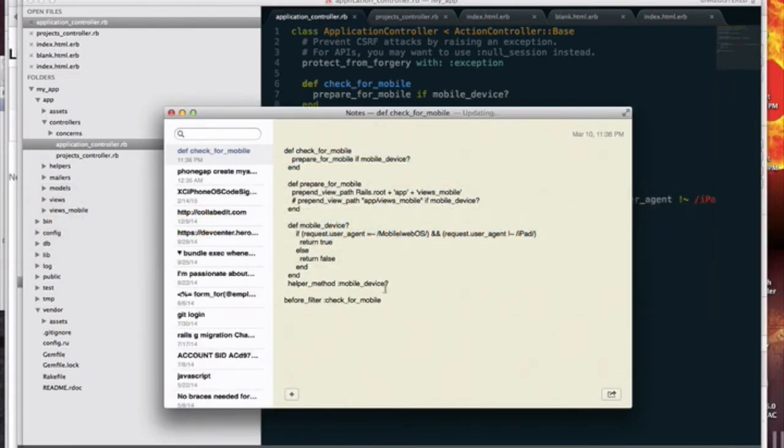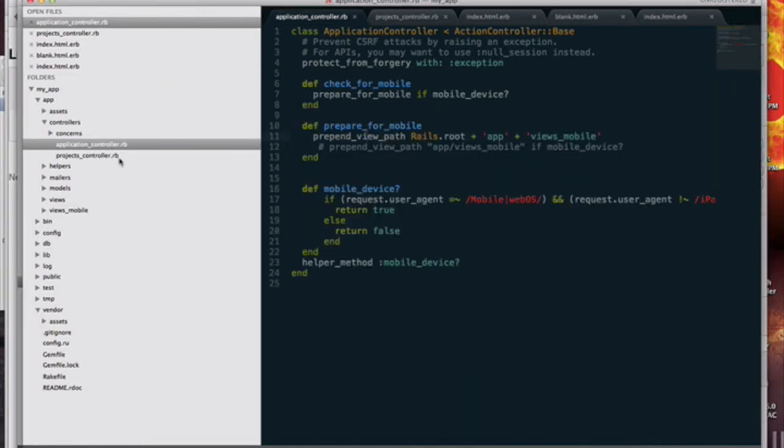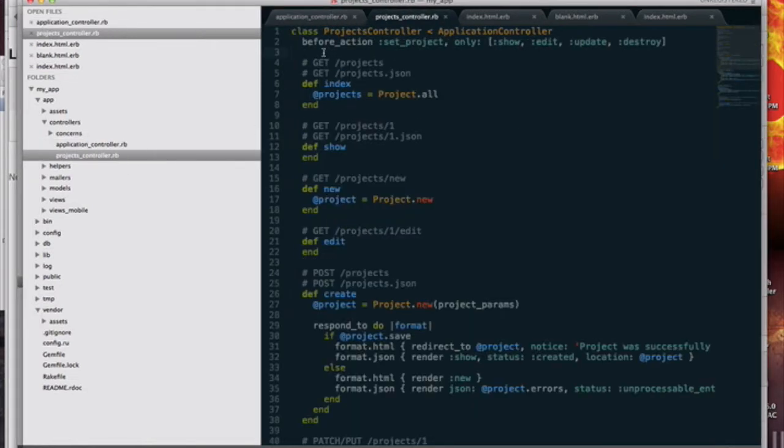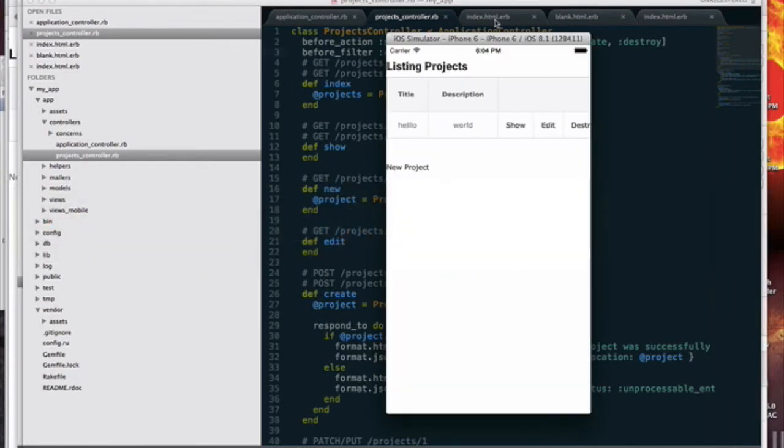The last thing we need is the before filter. Inside our projects controller, I call the method before_filter :check_for_mobile_site, and this is how we're going to activate our mobile views. So by doing that, if I run